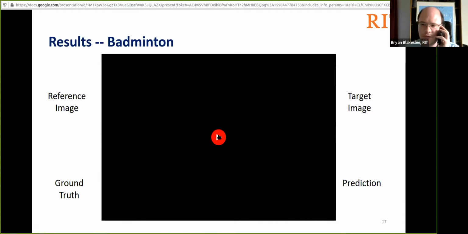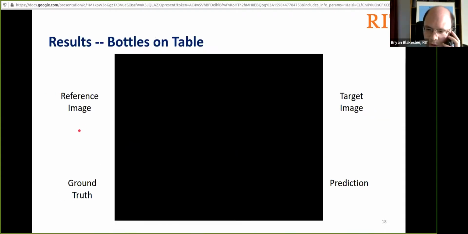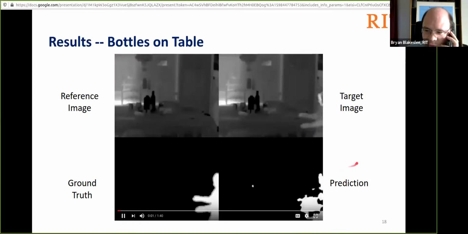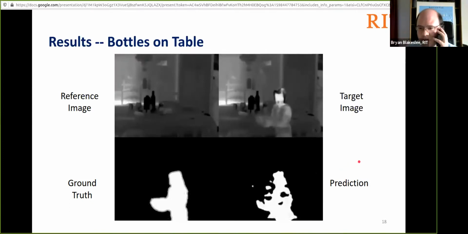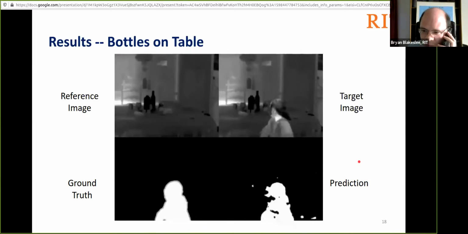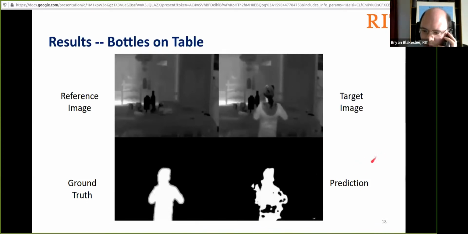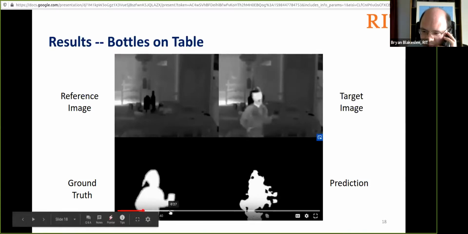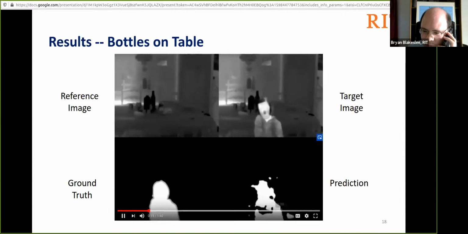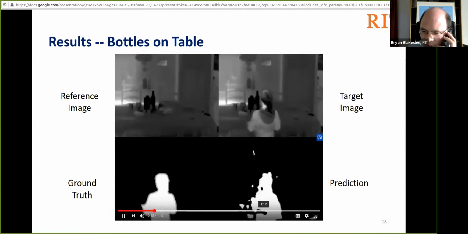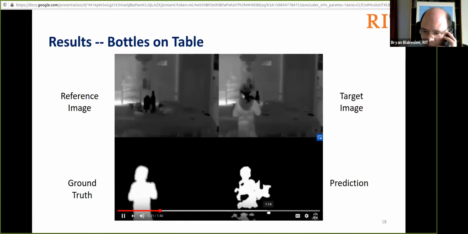That's particularly useful for any kind of, say, drone application where you might have that jitter naturally present in your video stream. Now, a much more interesting result from the binary case is what I call the bottles on the table. And what you'll see is this is a thermal video. This particular version of LambdaNet has never actually seen a thermal image before. And you can see that it does track the structural change of the girl on the table. However, it also picks up other changes that occur.